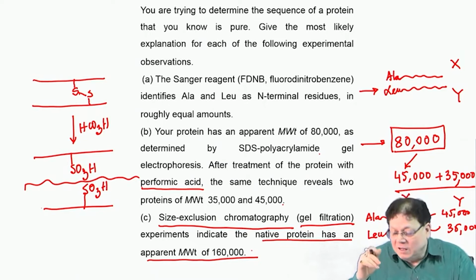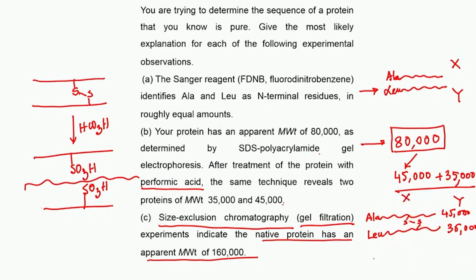So, from that, the most important thing is the native structure of the protein, where the molecular weight is 160,000. So, how do you get 160,000? That immediately tells you that the protein must be composed of two sets of this alanine-leucine structure. So, the actual protein must be alanine and then another chain, this chain, and then leucine, then this chain, they